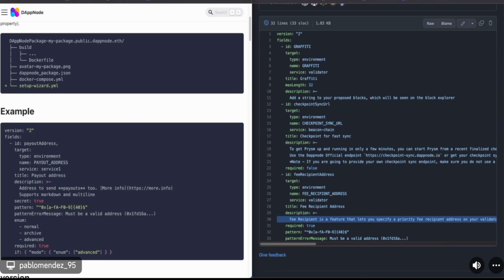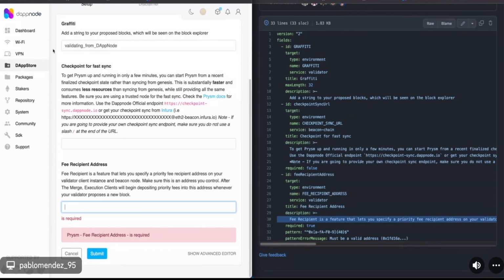So the issue for you here is mainly to test your changes. You have to build again and you have to install it, and it is a pain to do all of this process, right? Exactly. Yeah. So for me, everything in DAppNode is a DAppNode package, even the core packages, which are the DAppNode UI and all of these things.